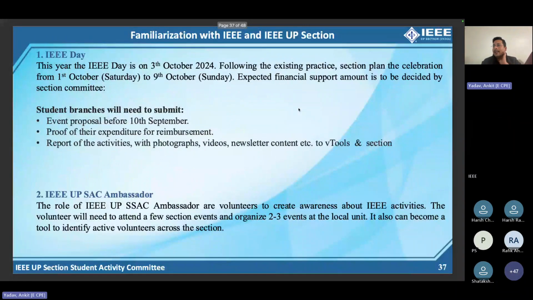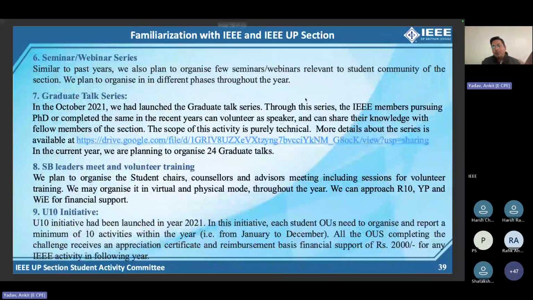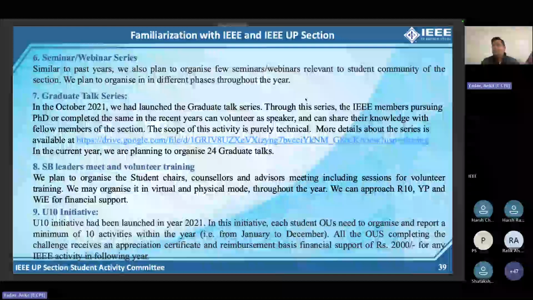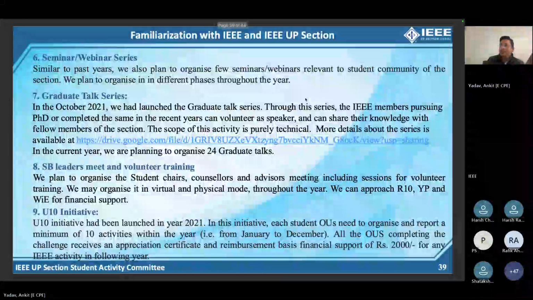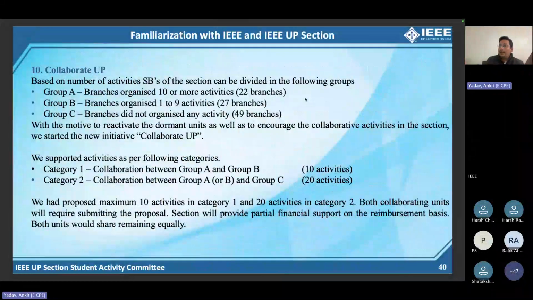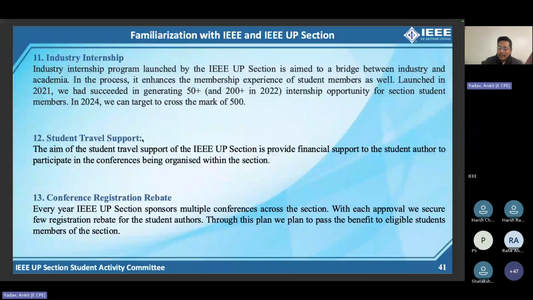Just to highlight that in IEEE Day, the section provides financial support. Similarly, through the activity-based incentive award, the section provides financial support for the activities. And the graduate talk series is for the members who are doing a PhD or have recently graduated as a PhD. And then the U10 initiative and the Collaborate UP, these two are also funding opportunities for different activities. In the internship award, one thing I would like to highlight is the student travel support, because the section every year supports a lot of conferences in the section, and for those conferences it provides travel support to the